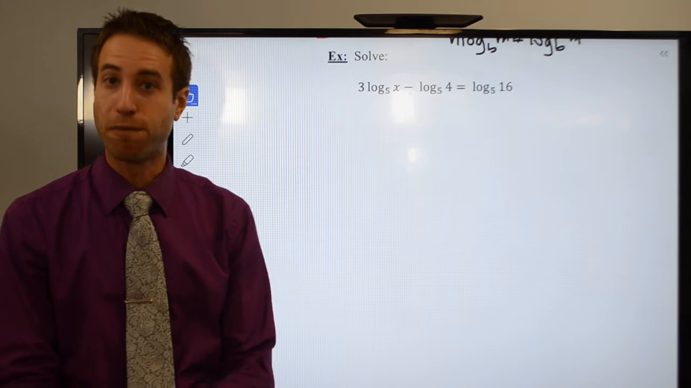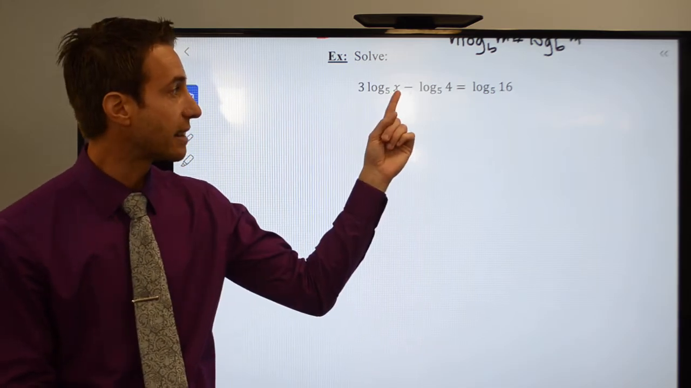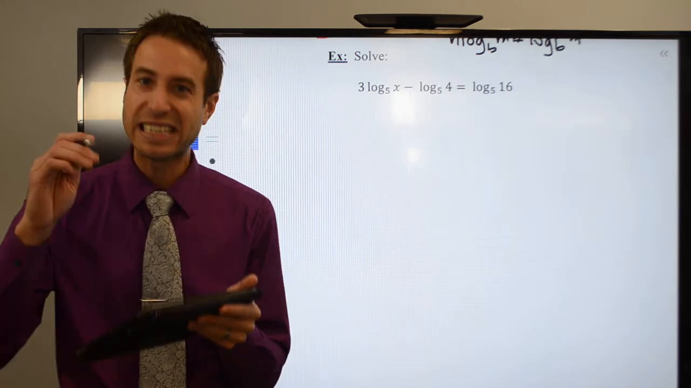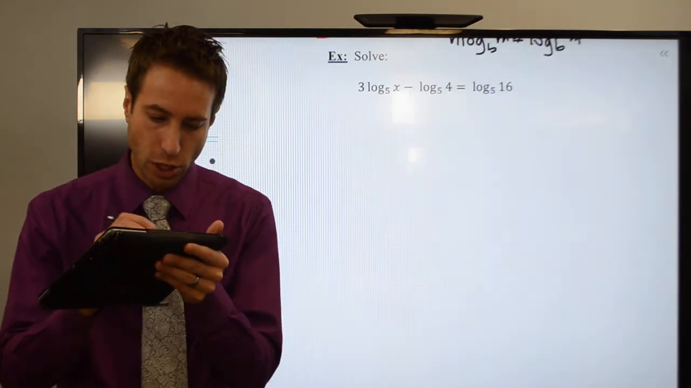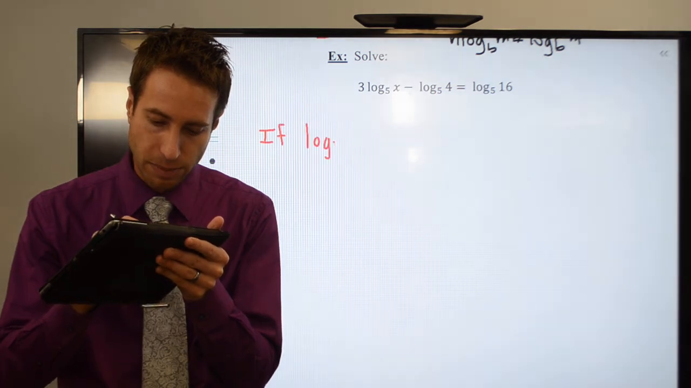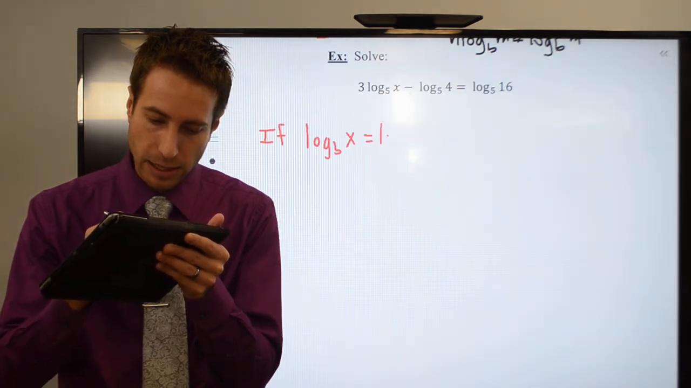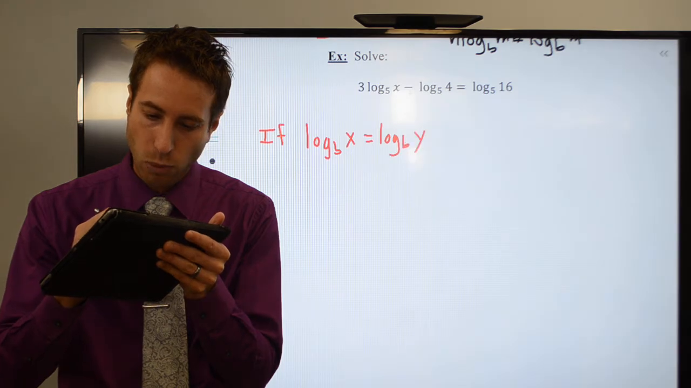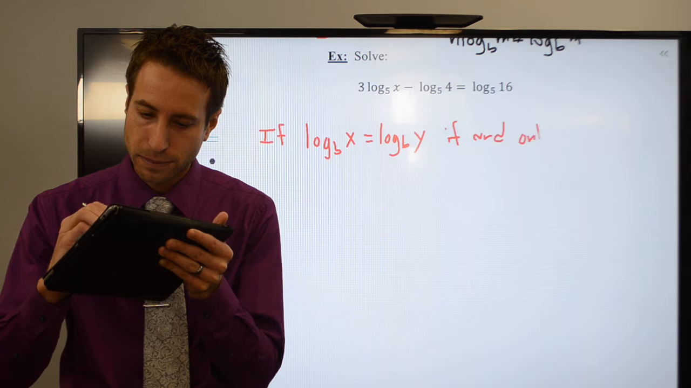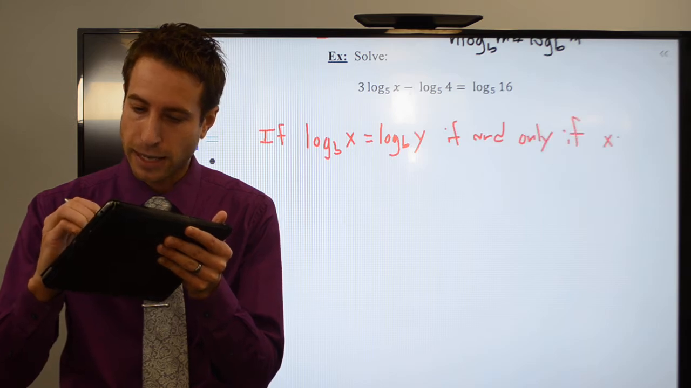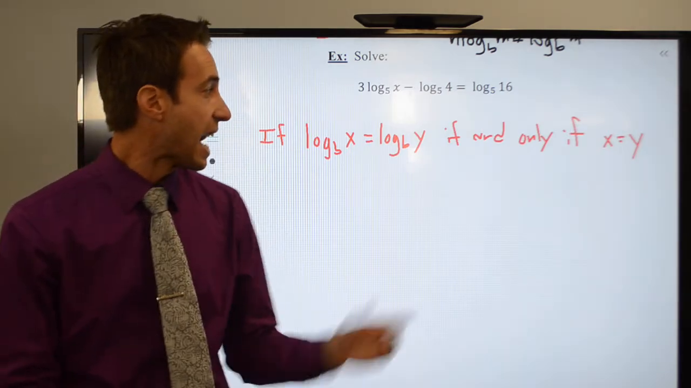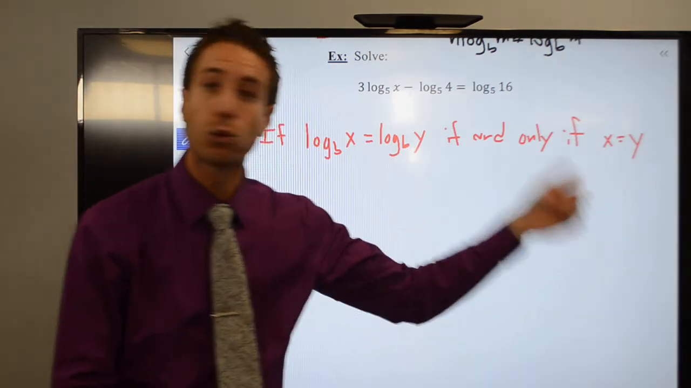I want you to solve for x. There's my x right there. And I know that I'm going to need to use the equality property of logarithms, which says if log base b of x is equal to log base b of y, if and only if x is equal to y, right? So this is my equality property of logarithms, and I'm going to set my arguments equal to each other and